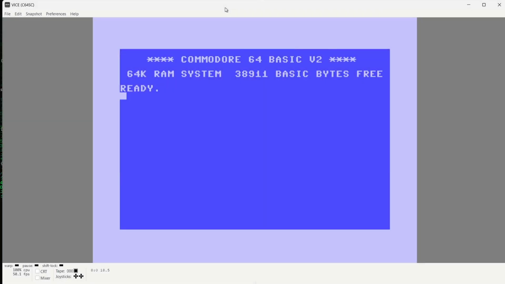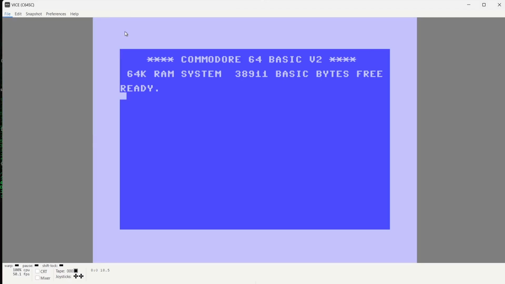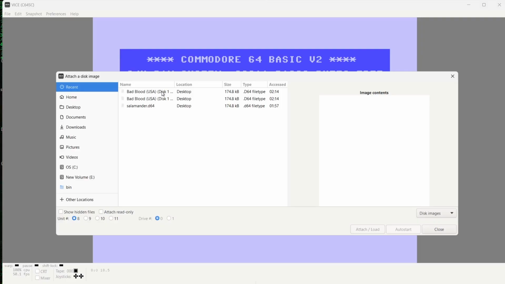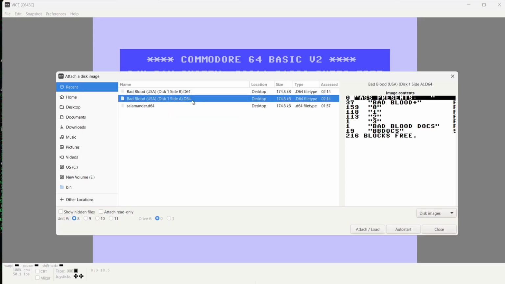Okay, and whilst I'm talking about loading disk images, from time to time you'll come across Commodore games which has a couple of disk sides or maybe a few disks. So to do this, we're going to use the game Bad Blood as its example. If I go up to File, Attach Disk Image, Drive 8, and then I'm going to select my Bad Blood Disc 1. Now, if I just stretch this out a touch, we'll actually see that there's two discs here. So we got side A and we got side B. So if I load up side A from here and then go to auto start,